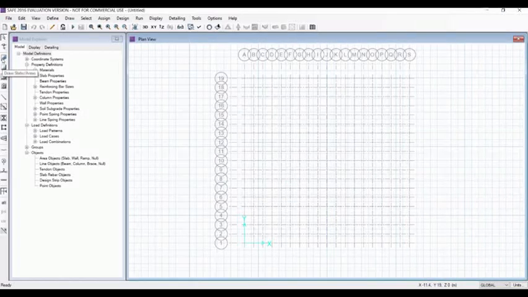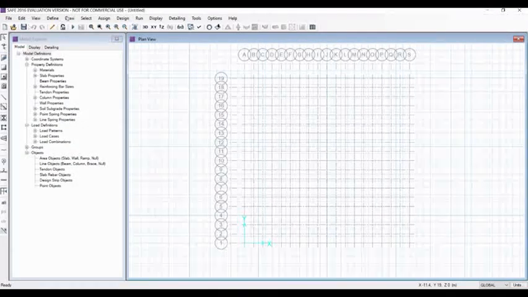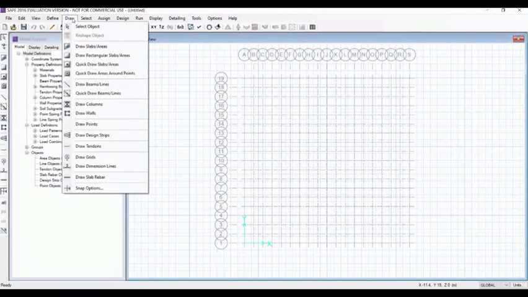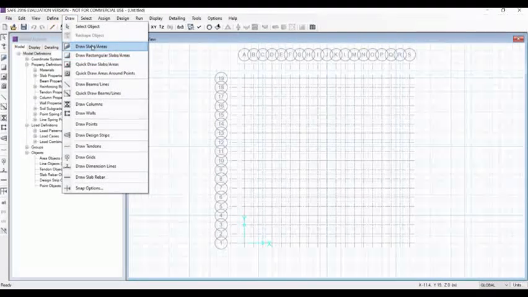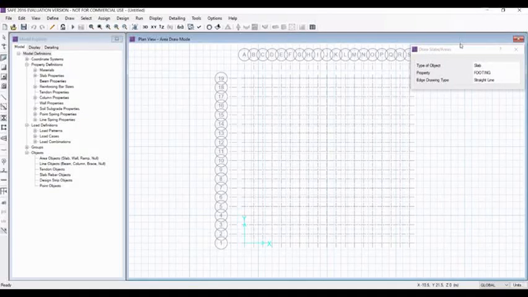Now every material has been decided, the load has been decided, everything has been done. Now we have to draw. For drawing, we will go to draw slab areas, and here just check the property, it's footing property, and that's okay. Now we will use the grid to draw. We know that this grid is 18 into 18. Just click on a grid point, any grid point here.